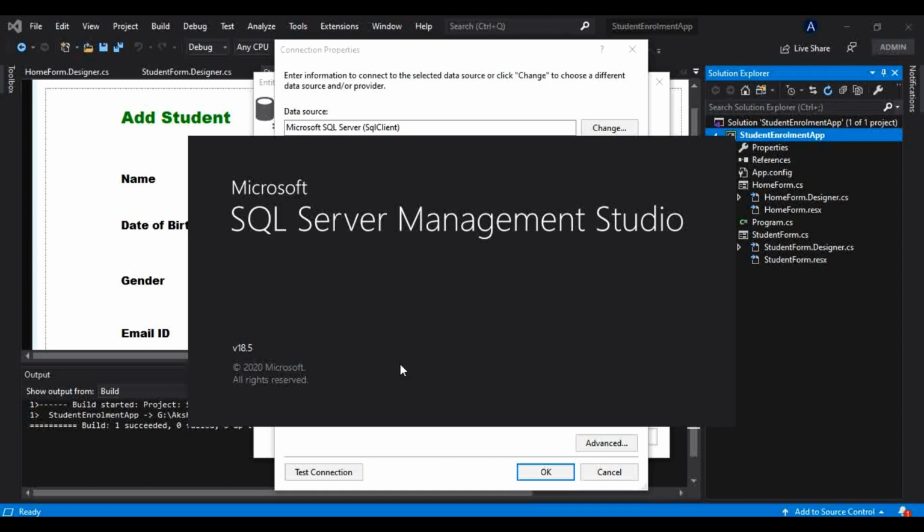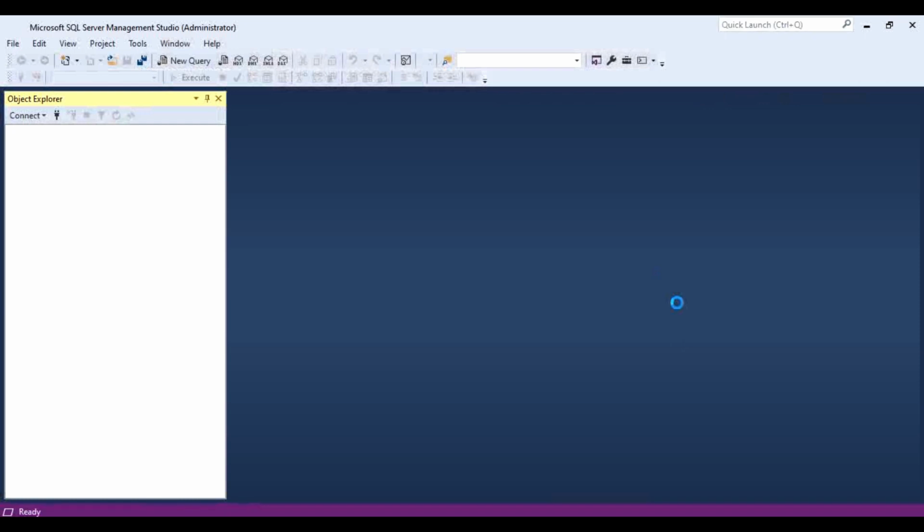Also keep in mind that SQL Server Management Studio is an IDE and not an actual database. It only helps to connect to our database. So a SQL database, or maybe an Oracle database, should already be installed on our computer. I have a SQL database already installed on my computer. You have to first install a SQL database on your computer, which you can also download from any browser, just type download SQL. Install that first, and after that download SQL Server Management Studio. So this is the IDE and that is the database.